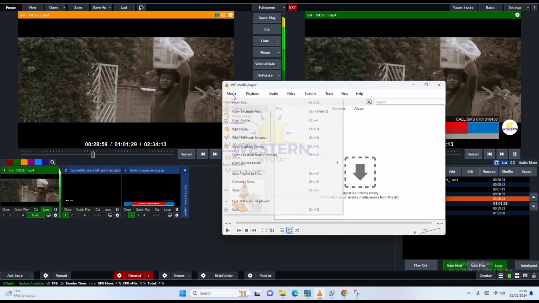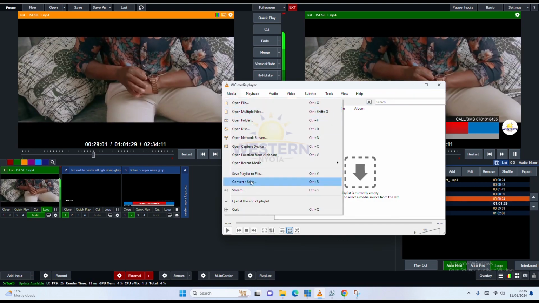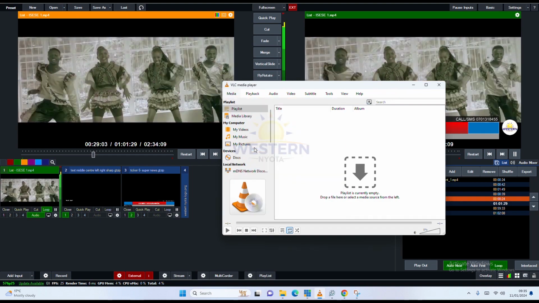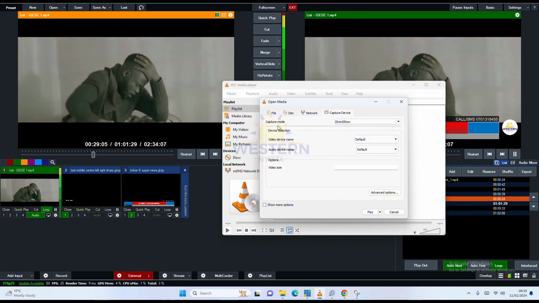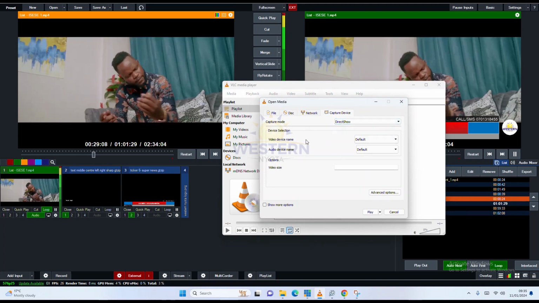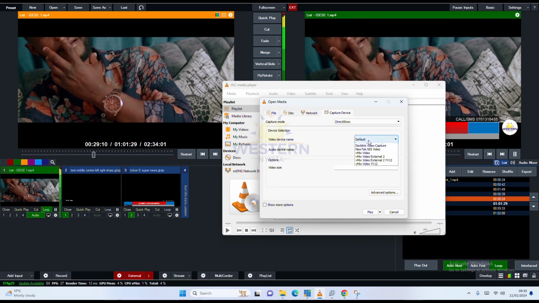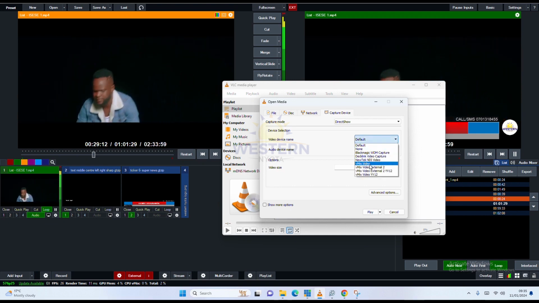Then the next step that you want to do is to click on media, then open capture device. It's going to open this window. Then under capture mode, leave it a direct show. Then video device name, change it to